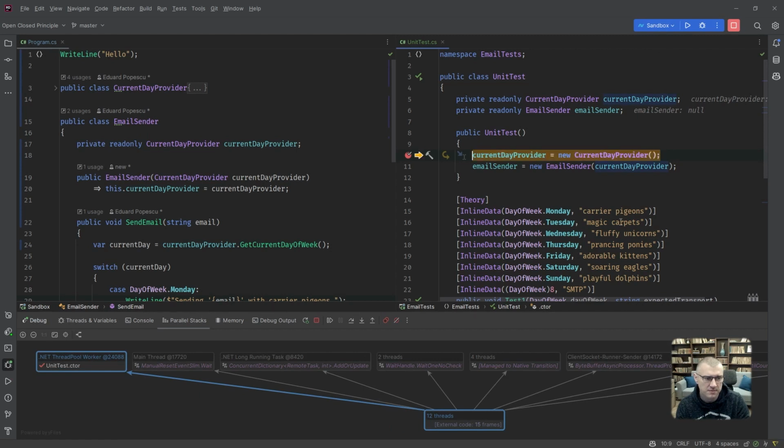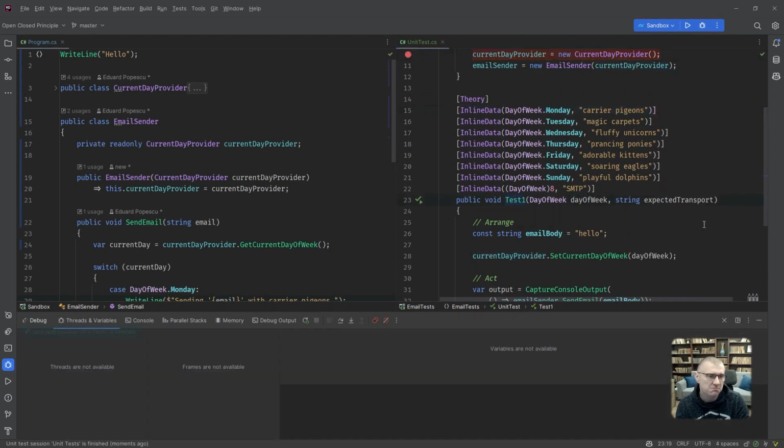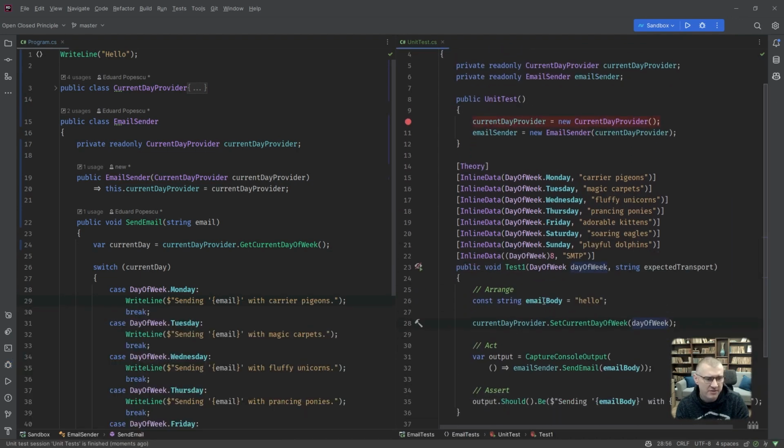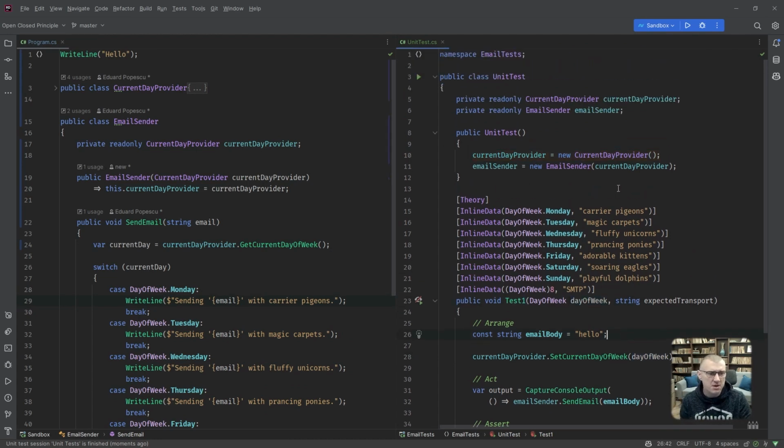Ah, okay. So this is going to be created for it. So it interprets each inline data as a new test. Okay, hey, it did that anyway. I mean, even if I left everything in here, it would still be executed each time we ran the test anyway. So it almost doesn't matter.